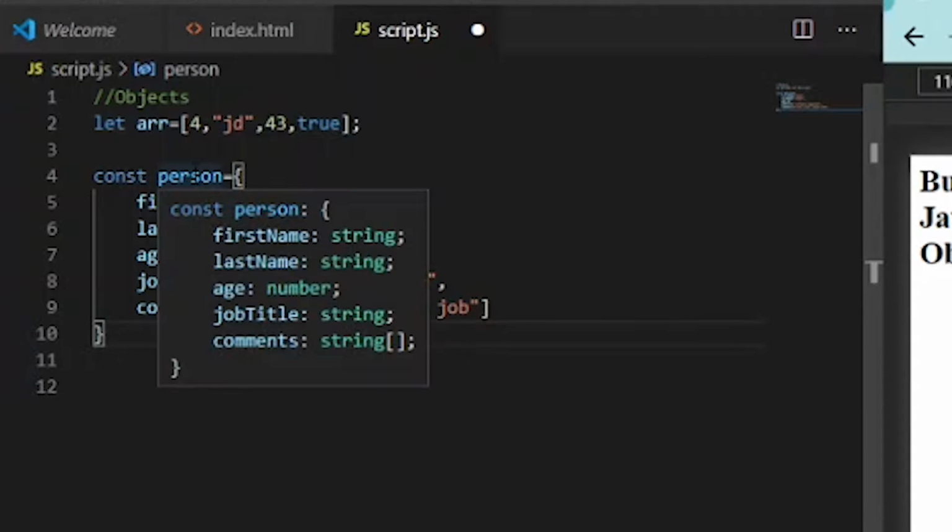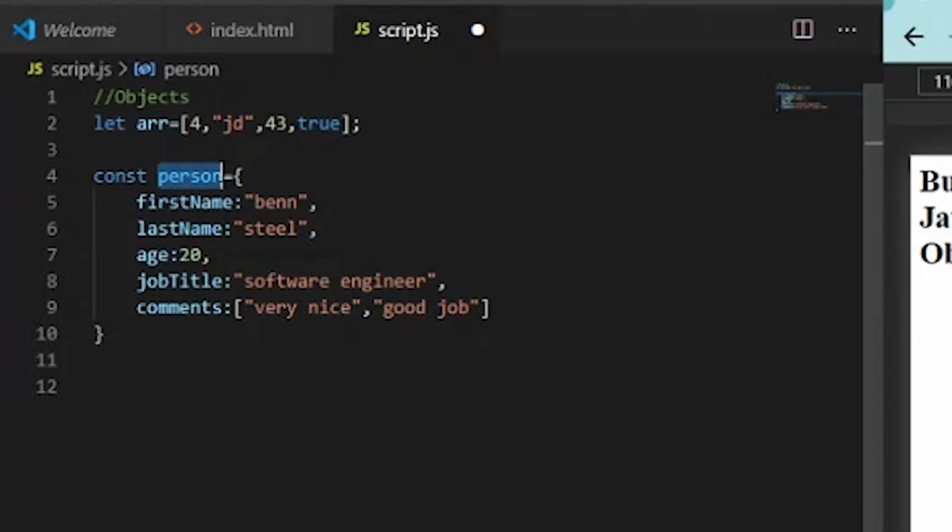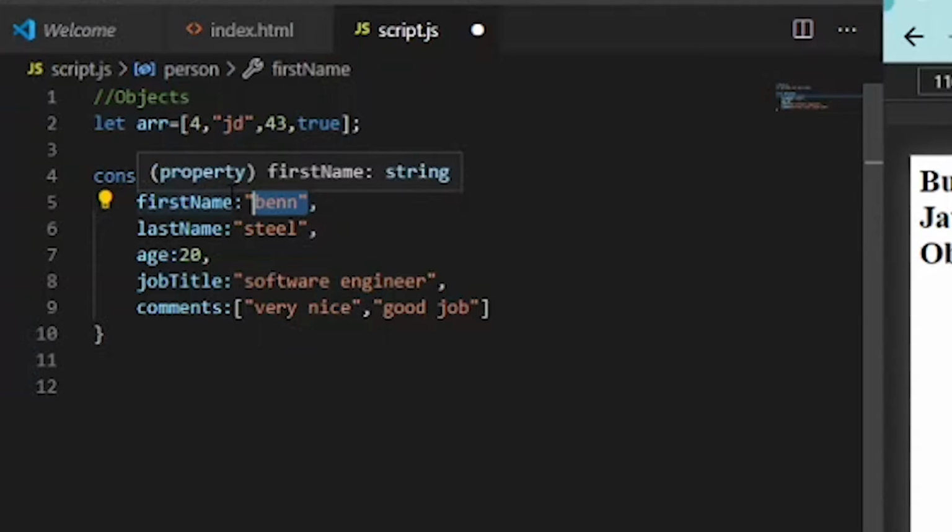Here the object name is person, and if you look at the properties, these properties are key-value pairs with the property name and the property value which we defined here. If the property name is one word, we can just write it without quotes.